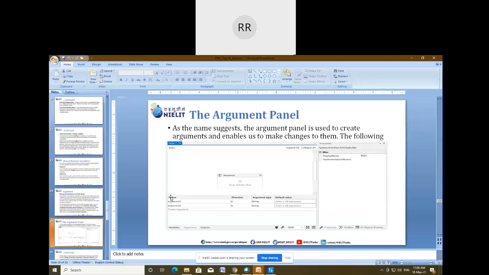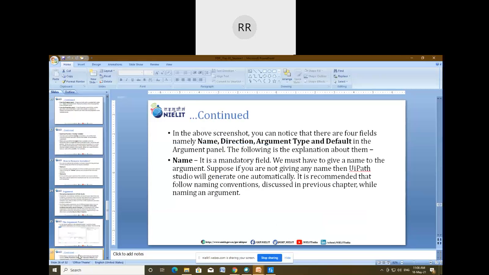Again, you can see here, this is the screenshot. Again, I'm going to discuss the 4 different fields. The name field is similar to the variable, and again it is mandatory. It would be better if you follow the naming convention. Again, it is recommended. If you do not follow it, that is not going to give you any kind of error.